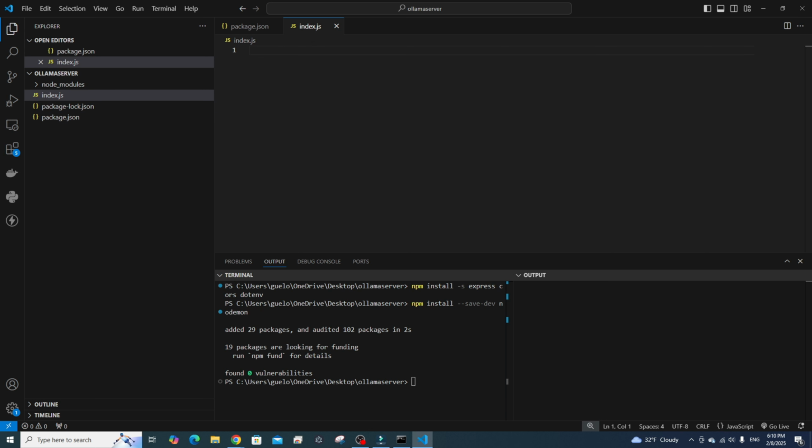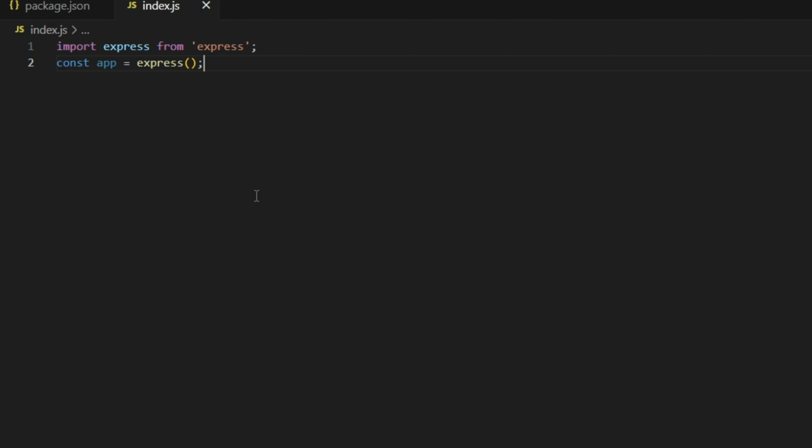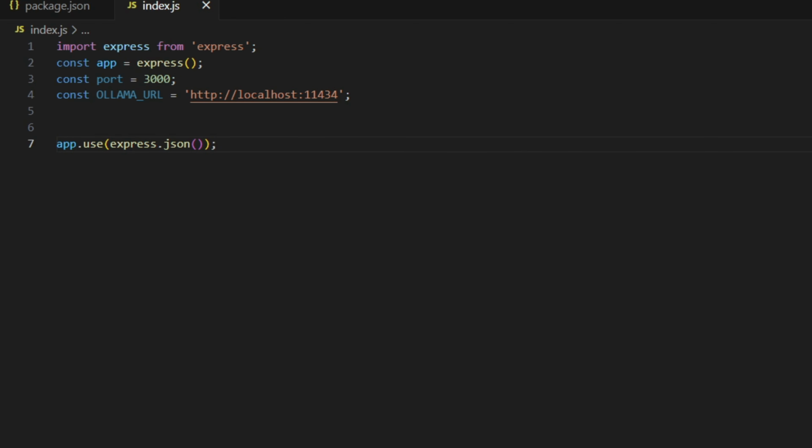And then create a new file called index.js, and inside this file, we're going to import express, initialize express in a variable, create a variable for the port with the value 3000, and also create a variable for the Ollama model URL. In this case, it will be localhost:11434. That is the default port that Ollama uses. Then we need to tell Express to parse JSON requests, and we're going to use app.use(express.json()). And define a new route with the name chat and make it async,